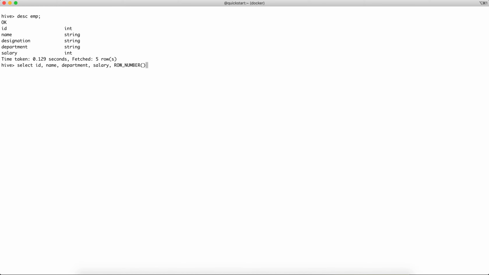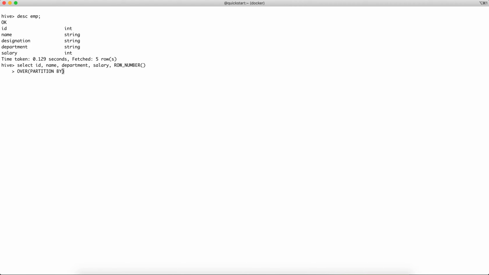Now what we want is row number as one additional column, right? We need to specify some kind of condition on the basis of which your Hive engine will identify what kind of number to give. So row number over, here we need to specify the partition by condition.